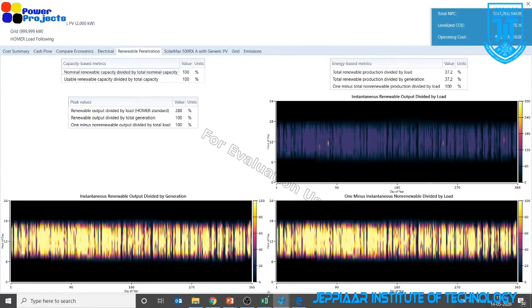In the x-axis you have 1 to 365 days, that is for 1 year. Y-axis you have here 0 to 24 hours. That means this is midnight 12 o'clock, this is morning 6 o'clock, this is morning 8 o'clock. That's where probably you are having generation until probably evening 6 o'clock, that is 18 hours. And after 18 hours, that is evening 6 o'clock, you don't have any generation. And if I move the cursor, you can find some values. That's in a different color. A dark black is basically 0.